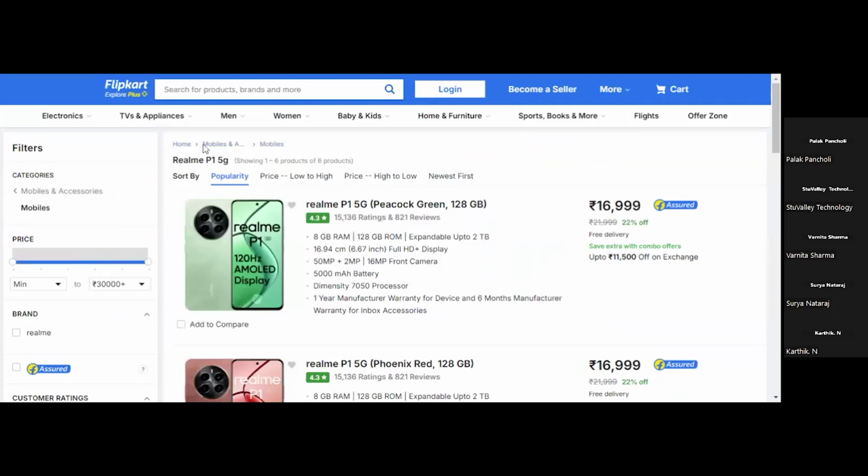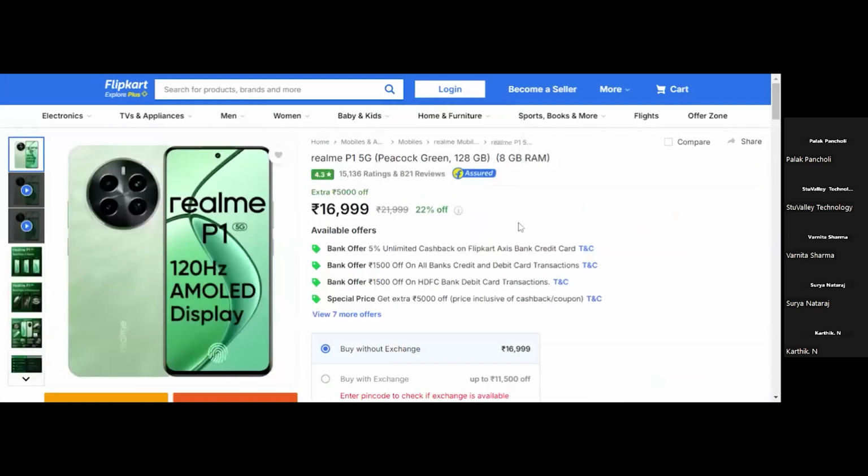The navigation or the path that I have covered is visible here. This is known as breadcrumb. So if I want to go directly to this page, I can directly click on it.